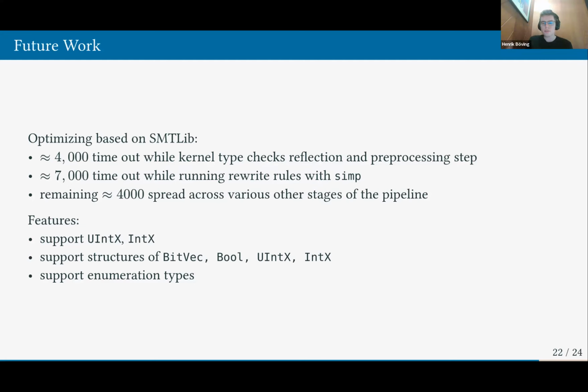So we can try to optimize the kernel terms and so on here. 7,000 problems time out while we run a SIMP already. So we can try to make SIMP work better on large proof terms and so on. And then there's 4,000 other problems that are stuck in other parts of the pipeline that we can, of course,